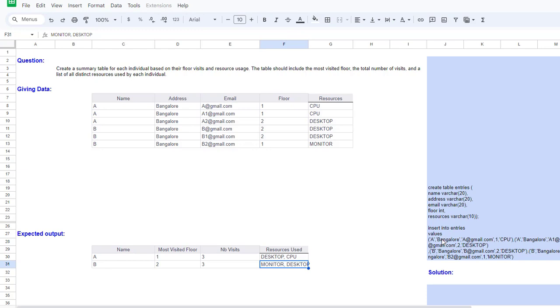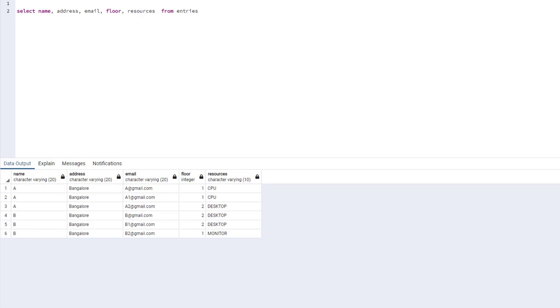All right, now let's get our hands dirty. So this is our table. The first thing I'm gonna do is display the resources in one row. For client A, I need to display CPU, desktop. For client B, I need to display desktop and monitor. And in order to do that, I need to use string_agg,